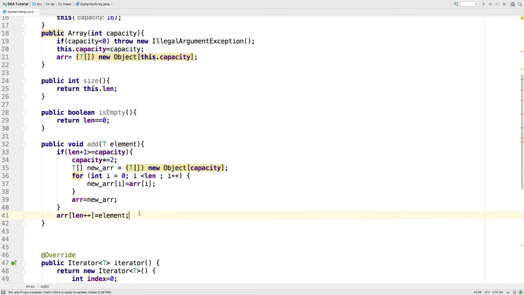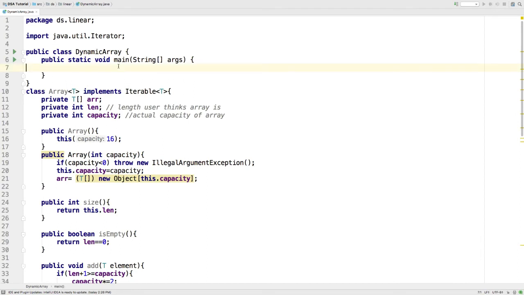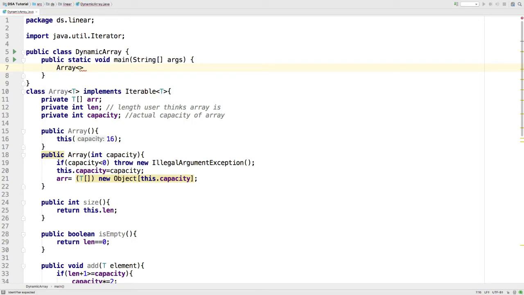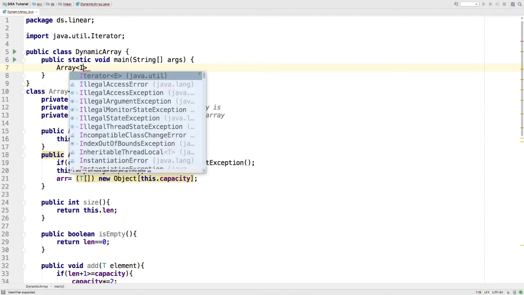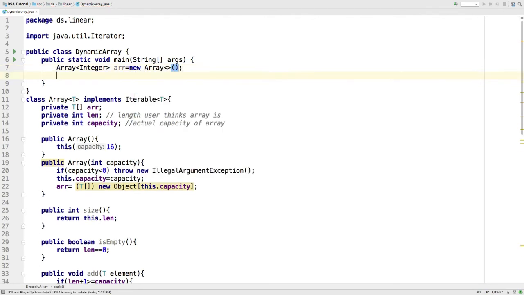Now let's add elements and check if it's working or not. So first I have to initialize the array. Let's put an integer data type. Now I'll say arr.add and I'll add any integer.